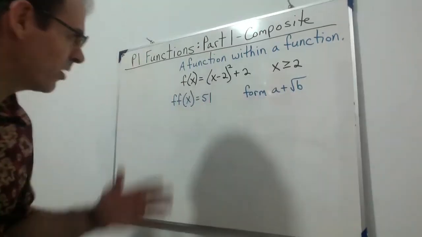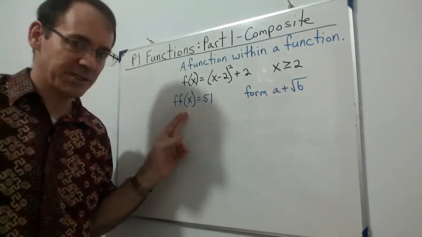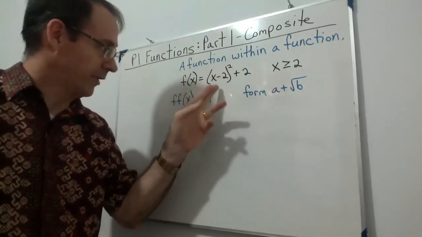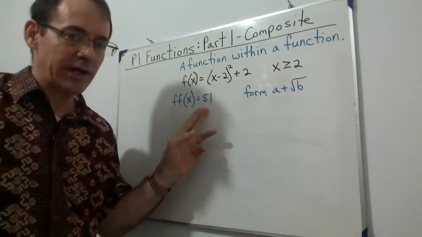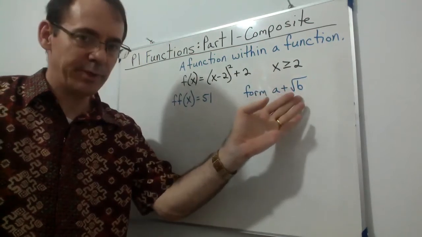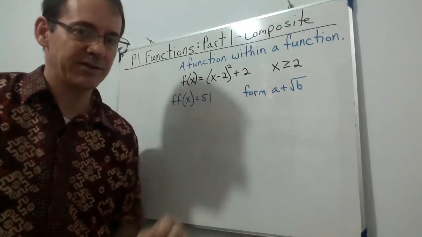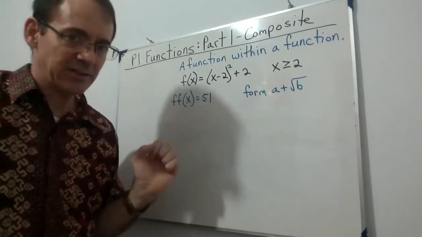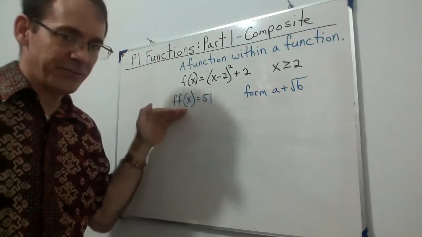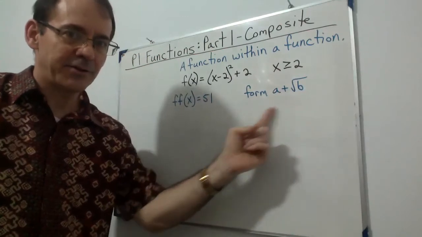Okay, here we have a more complicated question where we have a function within a function involving a quadratic that is already in kind of like the square form. And it's in an equation that we need to solve, and they want the form to be a plus root b, meaning we're going to end up with radicals in our answer. They want an exact answer, not a decimal answer. So we've got a lot of different things to consider. Our original function form, the composite function itself,